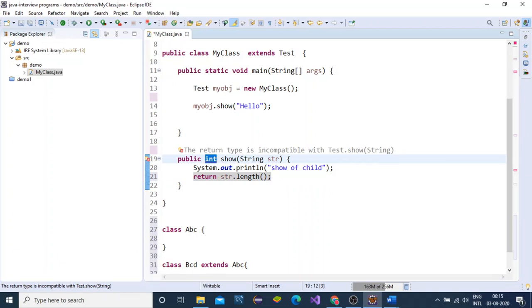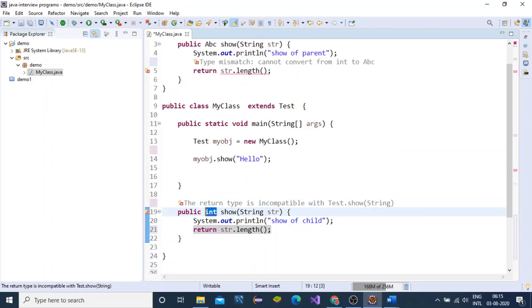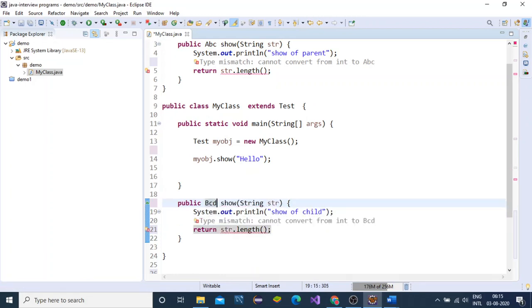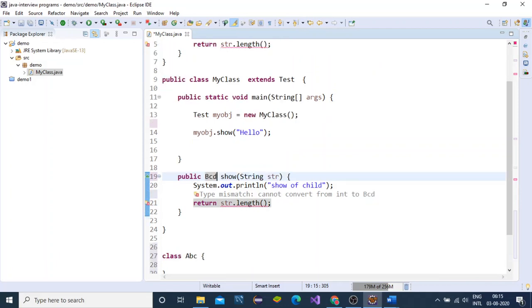BCD is the child of the ABC class and ABC is the parent of the child class. So the parent class method must have the return type of parent type and the child class method must have the return type of child type, that is BCD.